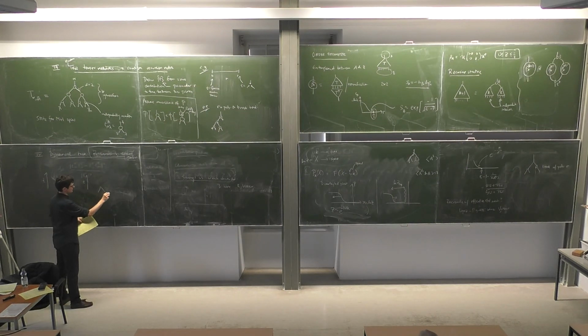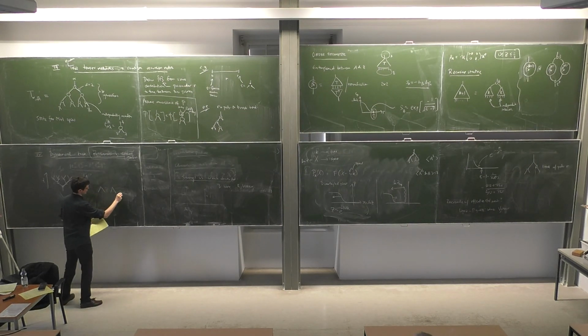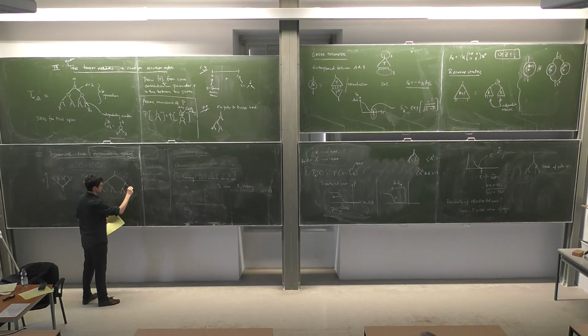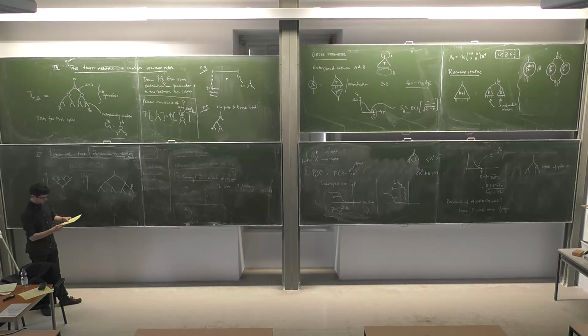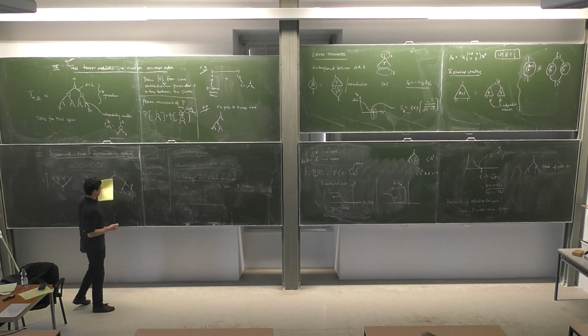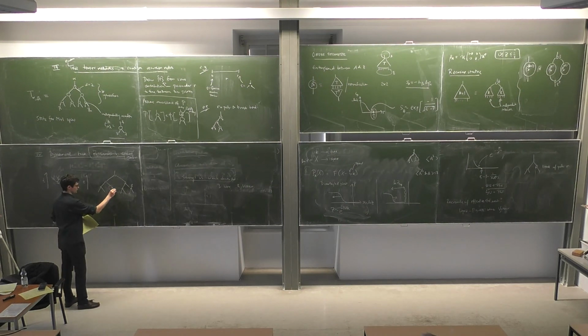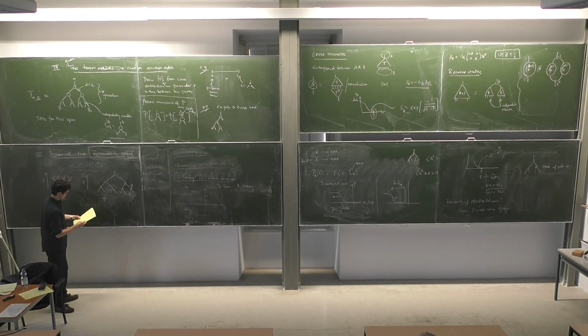I can start with many spins, and then in each time step, maybe they interact, but maybe in each node I measure one of the spins and throw it away. So one of them gets a measurement and then I throw it away. So the number of spins decreases, and again I can ask is there non-trivial mutual information between the initial state and the final state? So let me focus on this case, and to be more concrete I could imagine that,